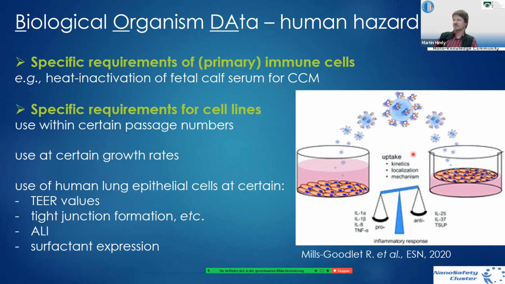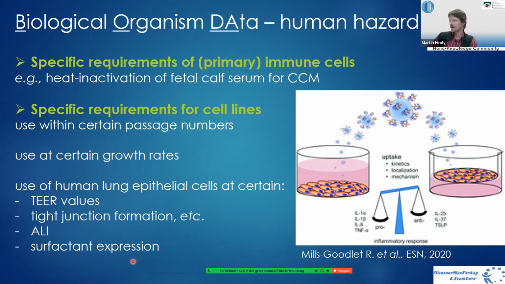And this is a graphical abstract of a paper that we published a while ago, where air liquid interface cultured cells were addressed, and there it's relevant to report in a preparatory phase the TEER values, and maybe show pictures of tight junction formation. This is actually what we usually do in our papers, but it's an element of a standard operating procedure, of course, and it should be an element of such instance maps. You need to somehow characterize your air liquid interface culture. Maybe you have an eye on surfactant expression. This has an impact on the susceptibility of your cells. So, food for thought, I would say,